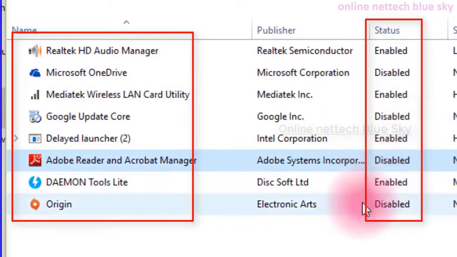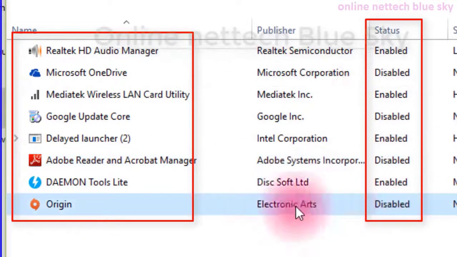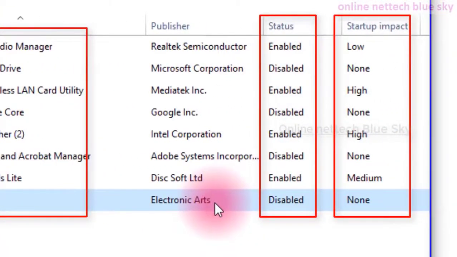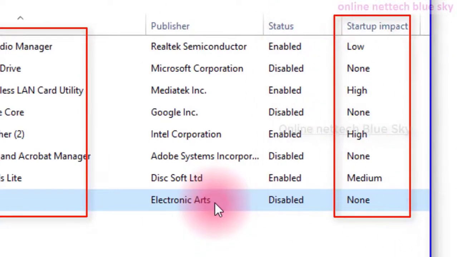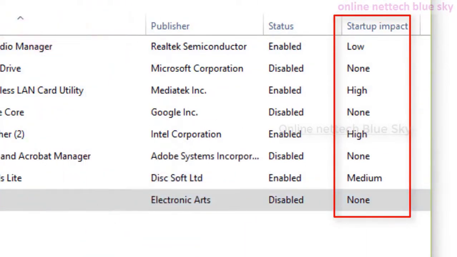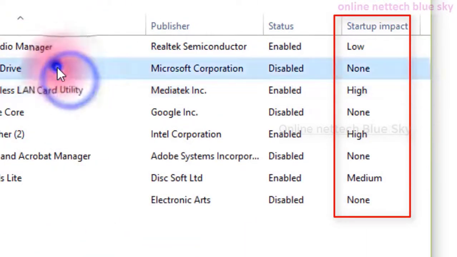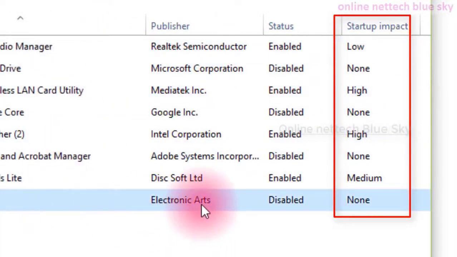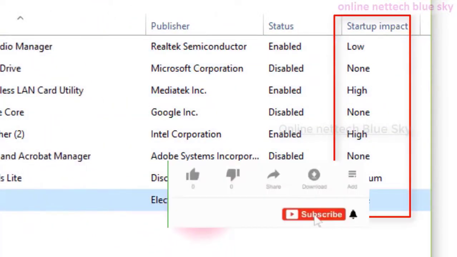So if you want a fast computer speed, first you can see here, this is my Origin, Electronic Arts, this type of software is not needed and I'm not using it. So this is my unnecessary software, so I already disabled it, and disable unnecessary services. Okay, so for unnecessary startup services, click on task manager and open here.